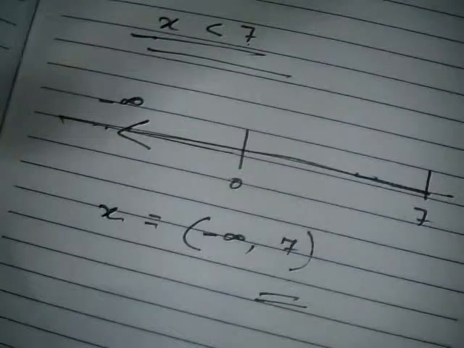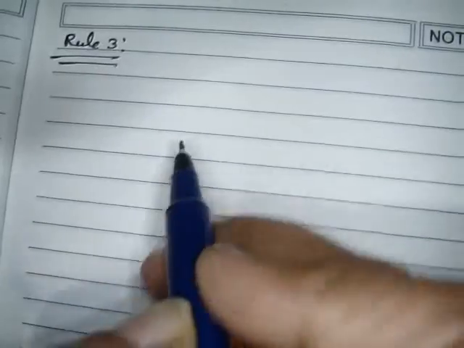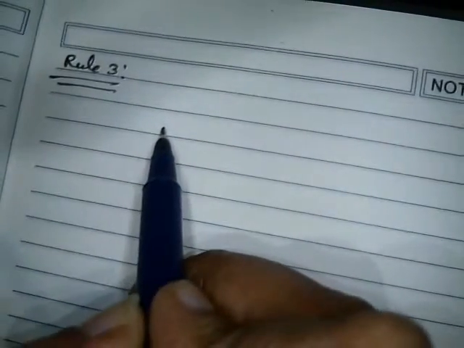Okay, this is also a very important property, rule 3. What is rule 3? As we did with the rule 2 property and concluded, the same way I am going to conclude rule 3. What is rule 3? Suppose, for example, I have written